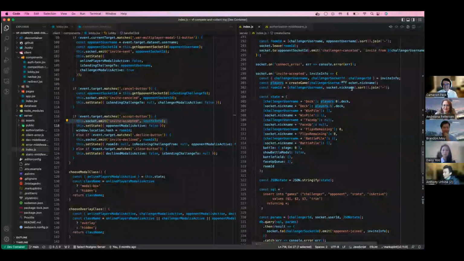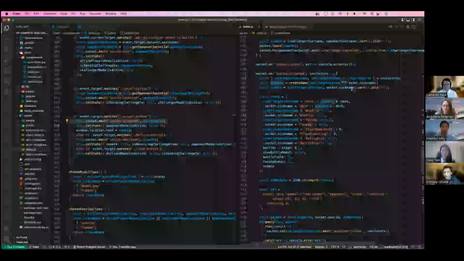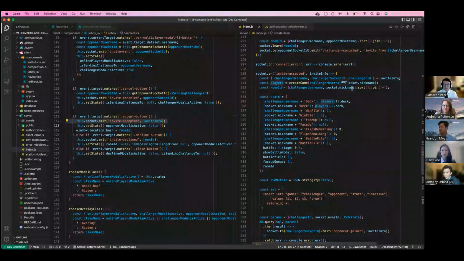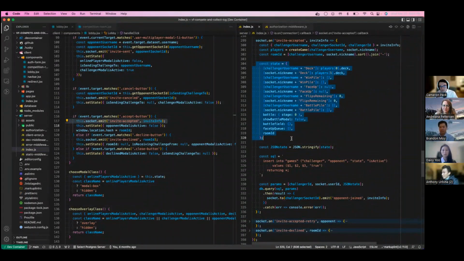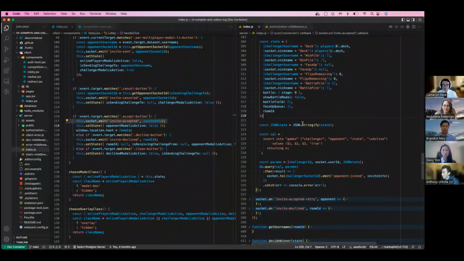Opponent username, and we're going to join those and create the room ID, which is done on purpose because in my app, usernames are unique. So if I'm in a game with somebody else, it's pretty much impossible for somebody else to have the same room ID because they can't share my username. Then we create the boilerplate state that both users are going to need to start off the game, and we're going to stringify that,